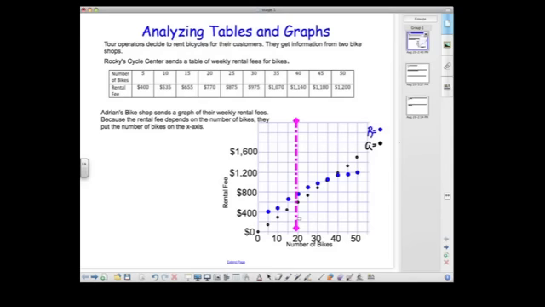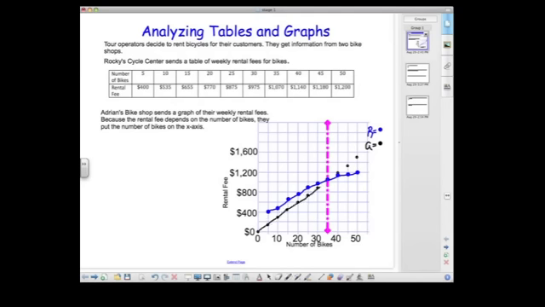Now our cost is on our y-axis, so I drew in my guideline on the y-axis, and I just dragged it across my coordinate grid until the point where the trend of my data was not constant anymore. So up until this point, Rocky's Cycle Center has been at a higher point than Adrian's, meaning that the rental fees were more expensive. But once we reach about 35 bicycles, these data pieces switch places,